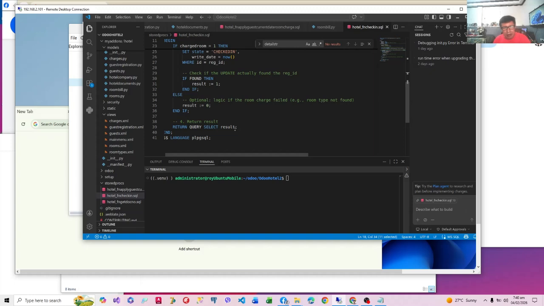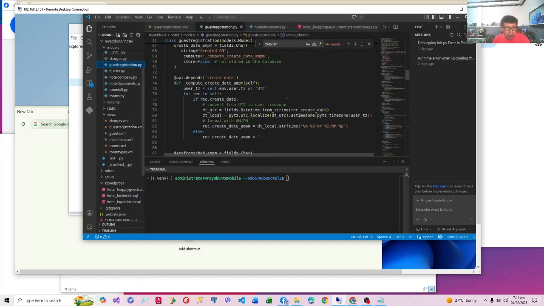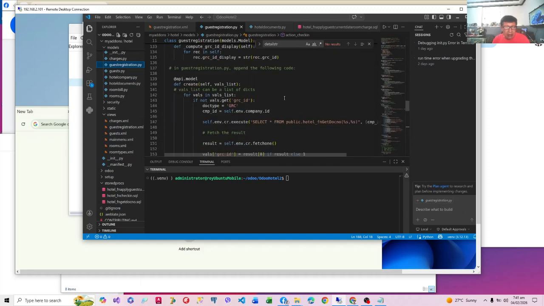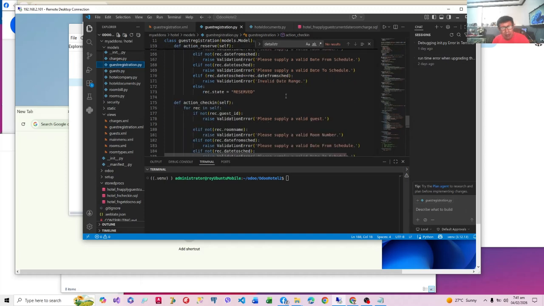Okay, now let us look at our guest registration.xml to see how this is, rather guest registration.py. Now let's update our check-in to call the hotel check-in function in PostgreSQL.